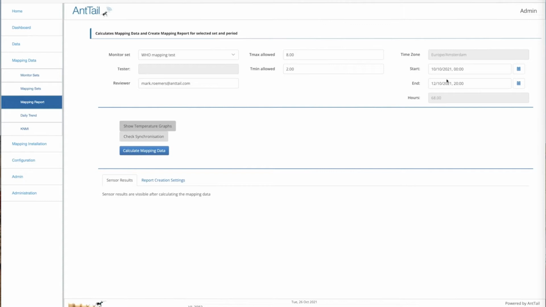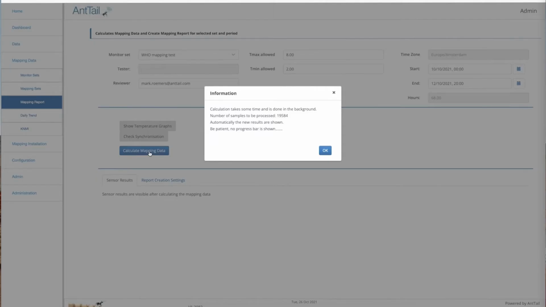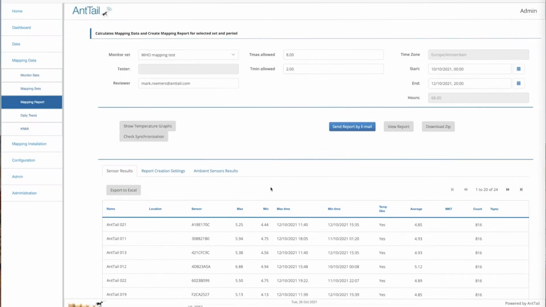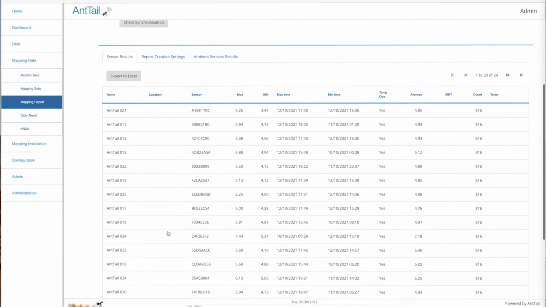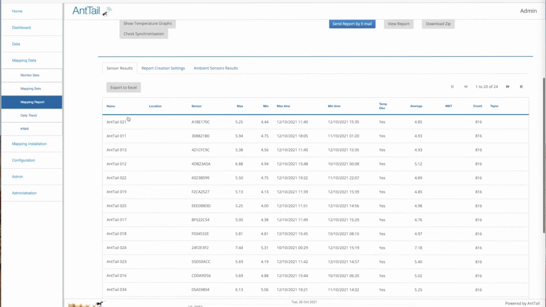Going over, you can see the temperatures, the maximum allowed at 8 degrees C and the minimum allowed at 2 degrees C. There is a reference to a time zone, and then the start date, the end date, and it shows you the actual hours that are going to be involved with this particular mapping test. When you go to calculate the mapping data, you'll click the button, and you'll see that it takes a little time to record almost 20,000 results, and with that you will then get this report that it actually collects